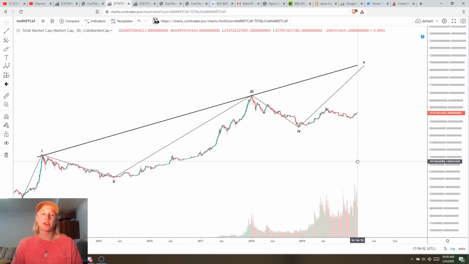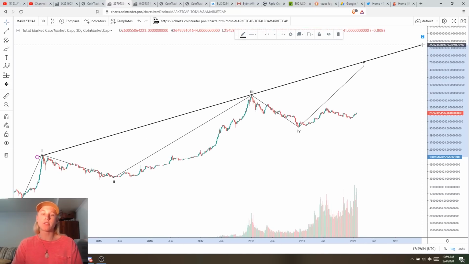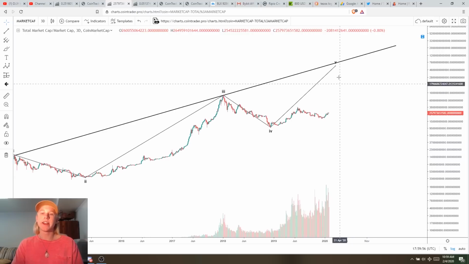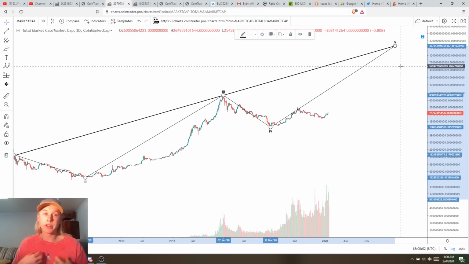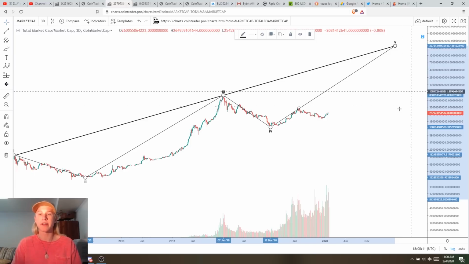And this is the way the Elliott wave theory works. Now, I don't know exactly how high this is going to get, and I'm not trying to sit here and draw exact price targets. The way that I'm basing where I'm going to take profits isn't necessarily through exact price targets, but it's more based around time frames. And I'm going to share with you guys exactly how I'm doing that.